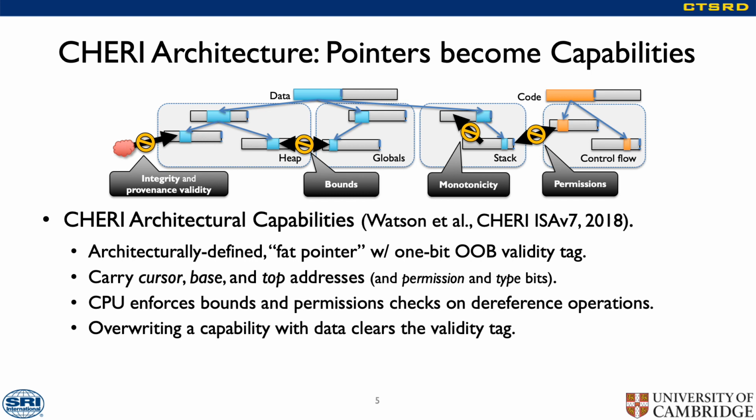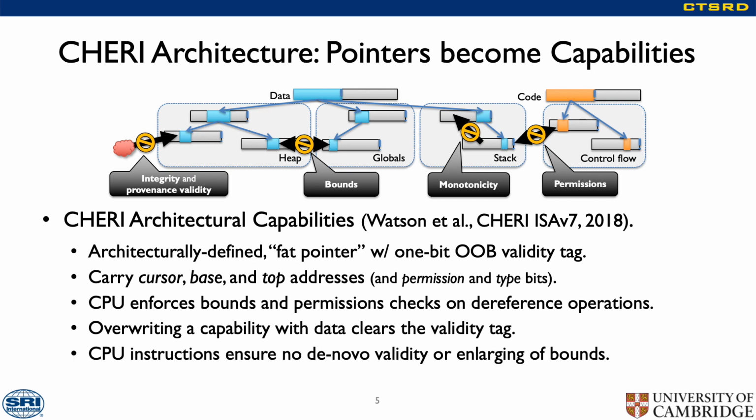Capabilities can be copied and manipulated using dedicated instructions, but directly manipulating the bit representation of a capability turns it into data by clearing an out-of-band tag bit, making it no longer usable as a reference to memory. The CHERI ISA does not offer mechanisms for setting the tag bit or enlarging the bounds of a capability without already holding a still-tagged capability that would encompass the result. Thus, CHERI can readily enforce provenance and spatial aspects of memory safety.